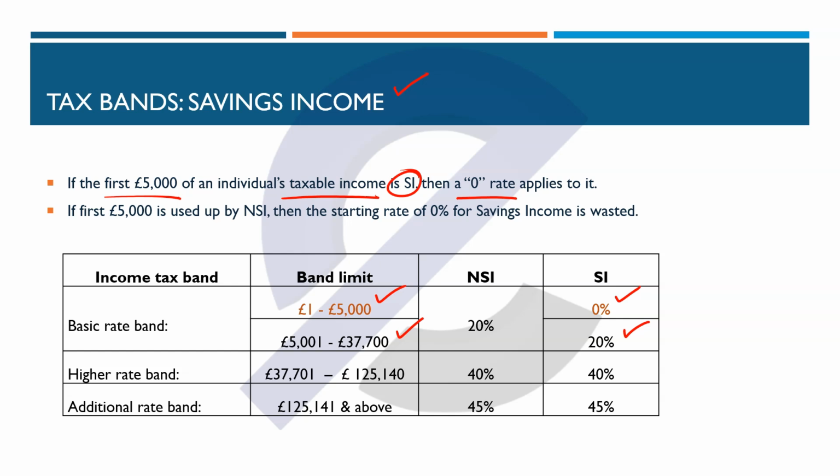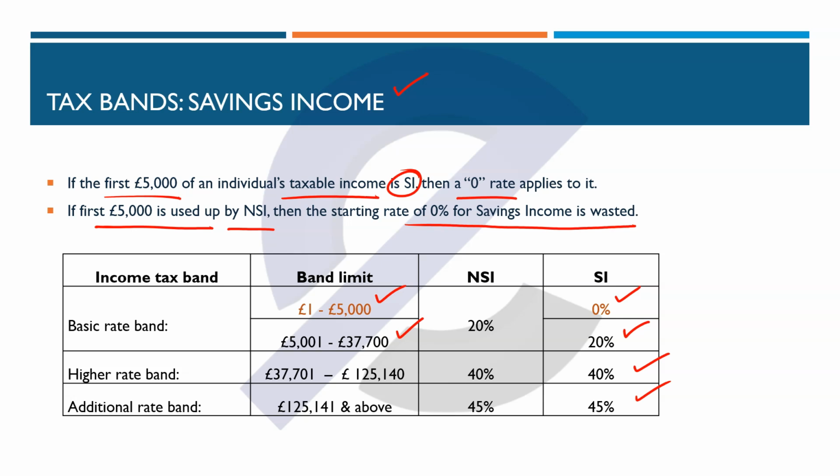Keep in mind that this is not how the information will be laid out in the tax tables available in the exam. Although a note stating that the starting rate of 0% applies on the first £5,000 of saving income is mentioned. In majority cases, because non-savings income is given priority in being taxed, it normally ends up covering the first £5,000 of the tax bands, which is why the relief on savings income is often wasted. But as covered before, the tax rates of 40% apply on saving income falling in the higher rate band, and 45% applies on the additional higher rate of savings income.